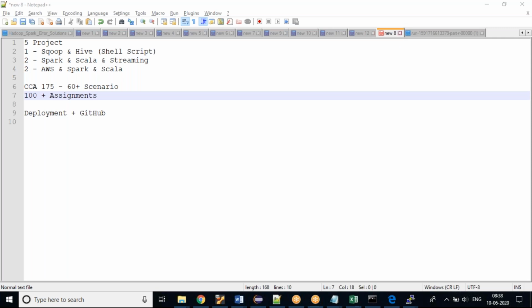We also have questions like what kind of environment companies are using, how many nodes, and what is the size of the cluster. Don't worry about those things. Once we complete this training, we will be left with these kinds of questions while attending. Definitely, that's where I will come into the picture.